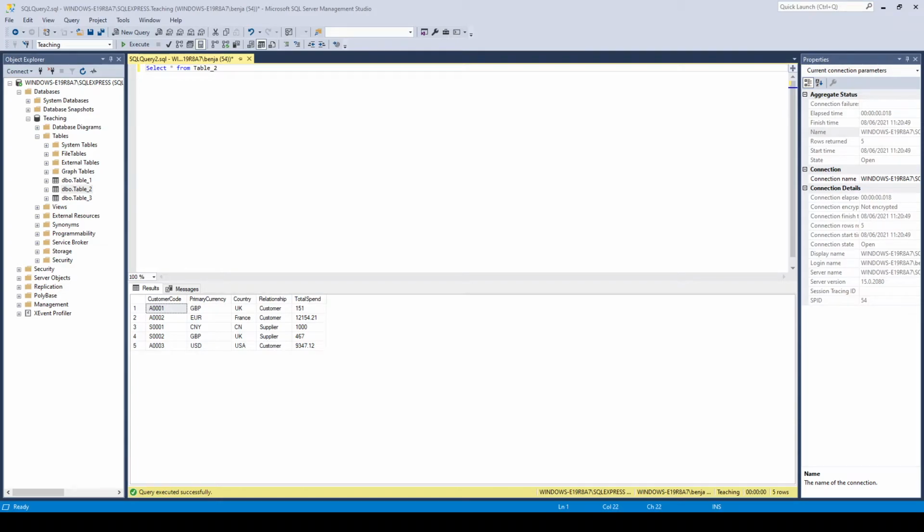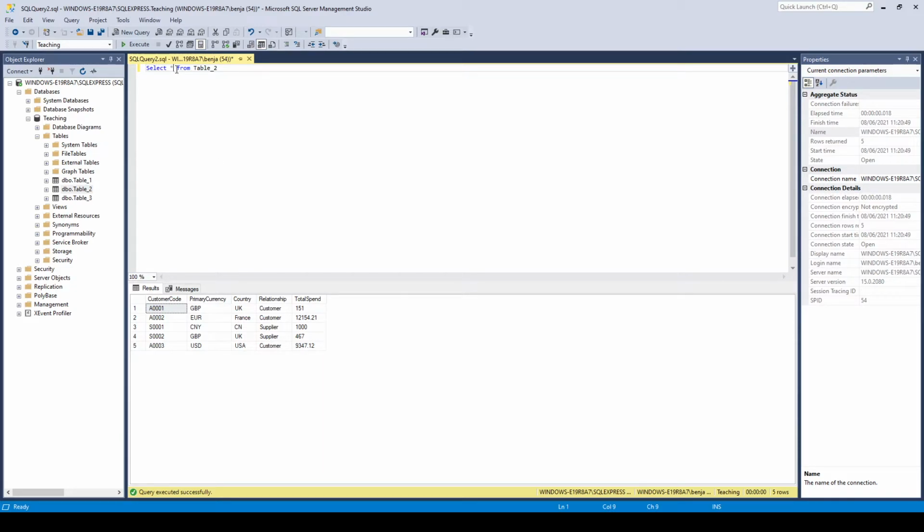Let's take a look at the aliases now. So what we can do in SQL is we can rename these columns. We don't have to have these columns. Say if we were doing a report for someone, say the column headers don't really mean much information. They're just codes rather than actual written out names, like here, like country and relationship. You can work with some databases where the columns wouldn't make sense to the end user because they're not